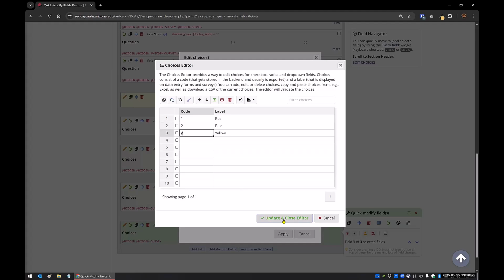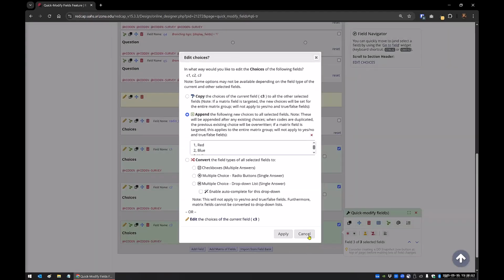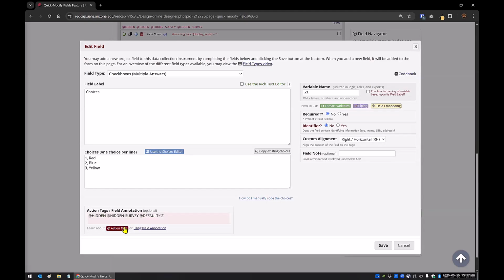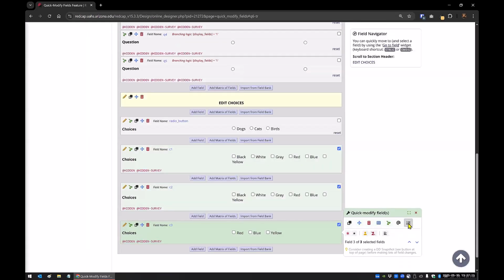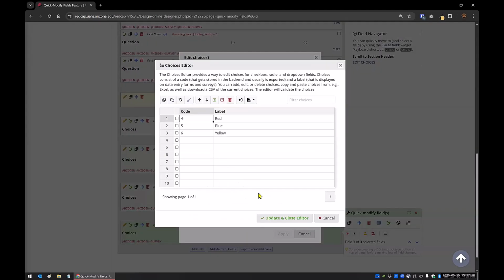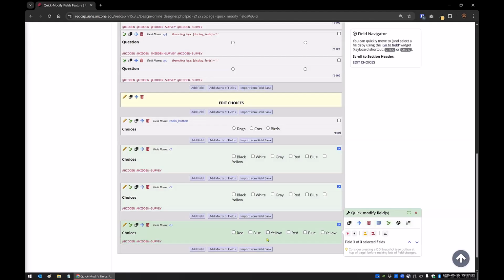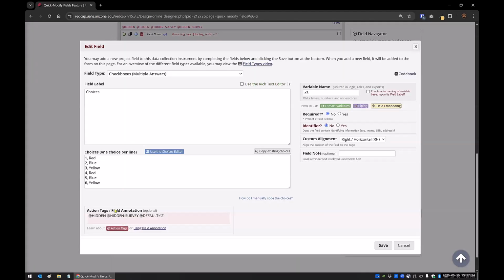Well, the other ones are 4, 5, and 6. So I think what you're saying is, if I do 1, 2, and 3, will it overwrite these three? No, no. If you do 4, 5, and 6, and right now that's 1, 2, and 3, if you put in 4, 5, and 6 for red, blue, and yellow, what happens to C3? Yeah, so it appends to the end because there is no 4, there's 5, and no